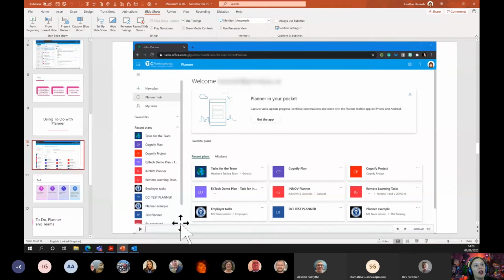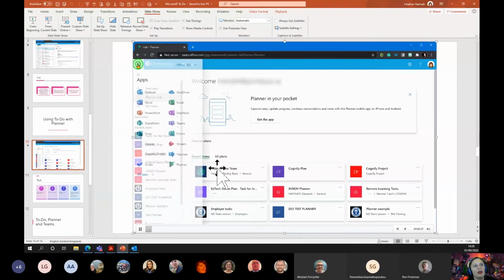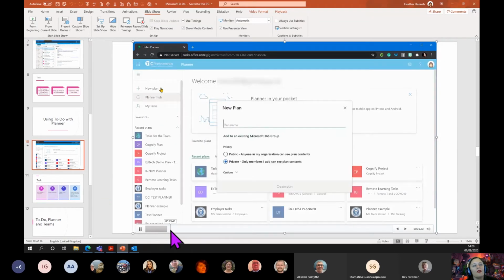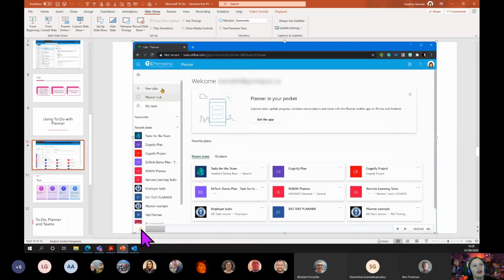So this is actually my planner, and I've set up a new plan. You can access it again from the waffle, and that should be in the all apps section. If you wanted to create a new plan, I'll just go back there. You just go to the planner. If you don't have any plans, you see all this. But if you click on new plan,